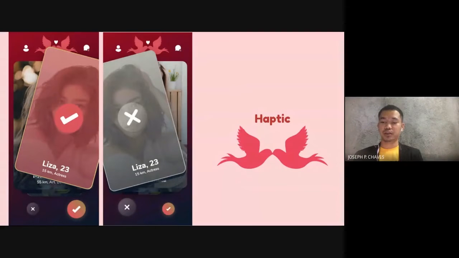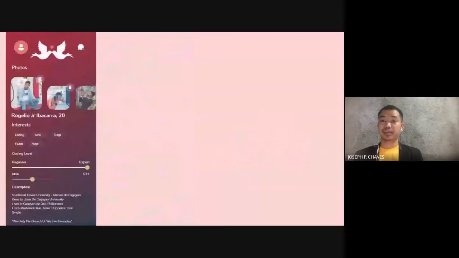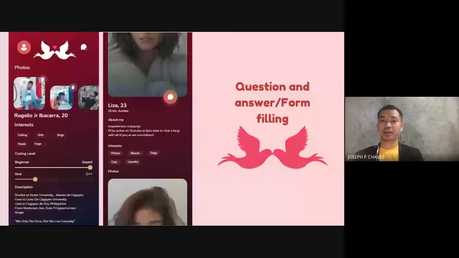The next one is the question and form filling. This is used when you sign up or edit your profile, where you are asked questions regarding your own interests and your personal information. So it's also a form filling interaction style, where you just fill up all the forms that are integrated in the app.